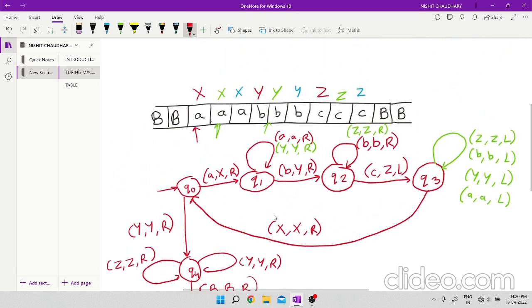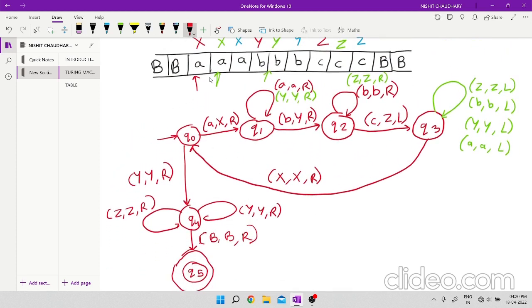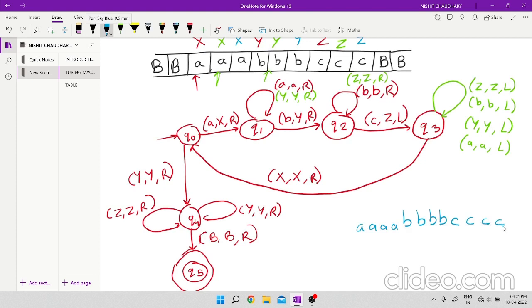So this is how you can make a transition diagram for a string a b b b c c c, which is a part of the language a power n, b power n, c power n. Now let's see if it works for any other string. Now let us take a a a a b b b b c c c c. So here n is equal to 4. So what will happen first? First the pointer will be at